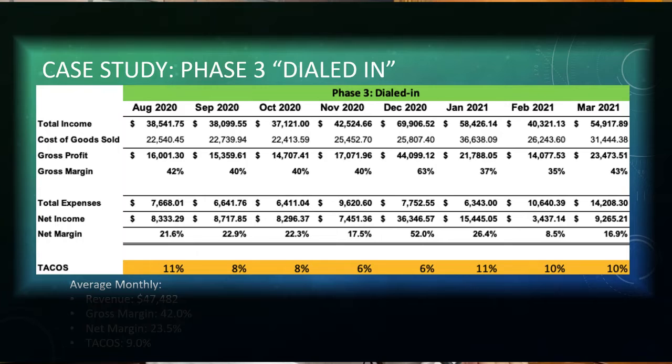As we look at ad spend over the life of this account, it really hasn't increased that much. In the early stages, when monthly revenue was $14,000 or so, we had ad spend of like $2,500. Today, we're doing average monthly revenue of around $50,000. Ad spend's about $4,000, and so we've really limited spend there.